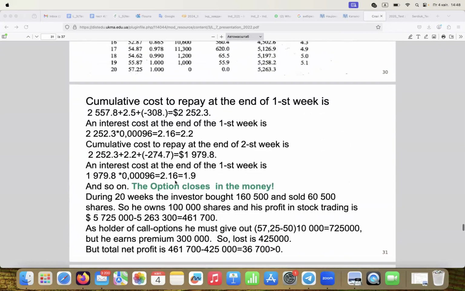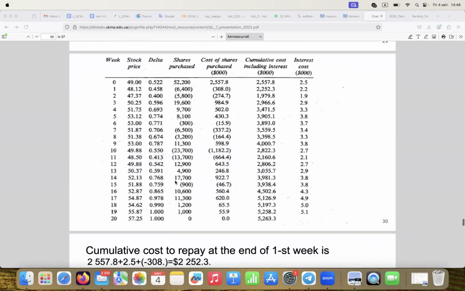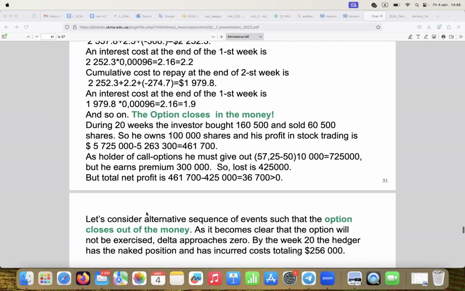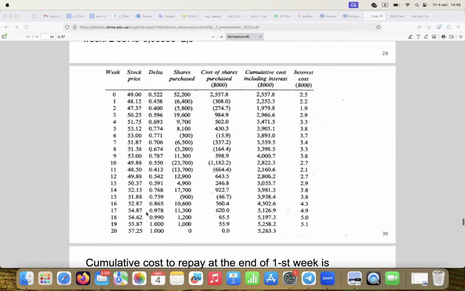Yes, and what is the summary at the end of these 20 weeks? We need to have a look. What about delta? You see that delta will be one, and this shares is 0. We need to buy or to sell at the end. And this picture will be if the stock price is at the money. So if this is more than 49,